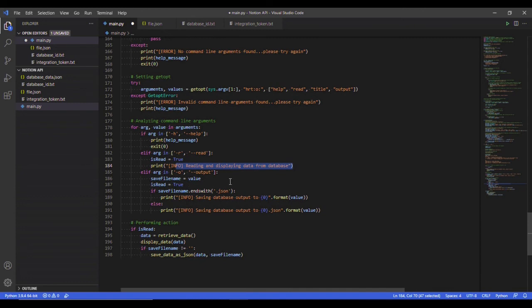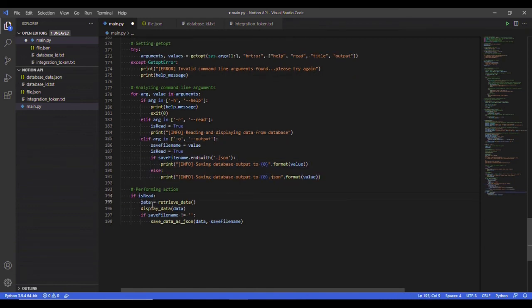And finally we have this: if the user wants to write output to a file, which means they want to write the data to a JSON file, then again it will analyze the user's input. And finally performing action is where the real action is done, where it will retrieve and display data, and if the user wants to save the file, it will also save the data.